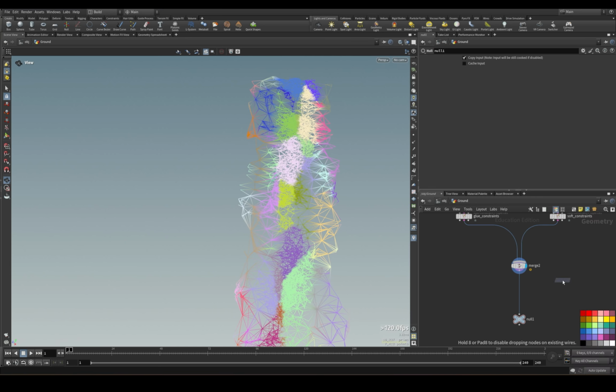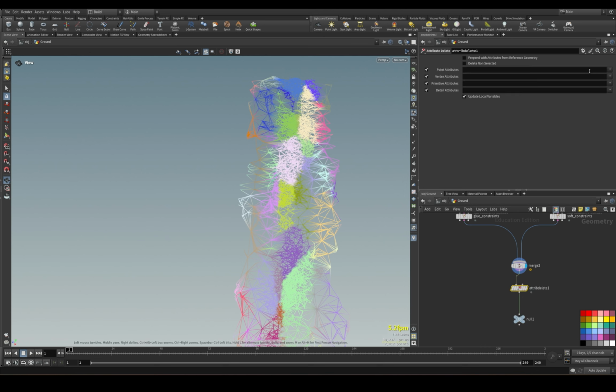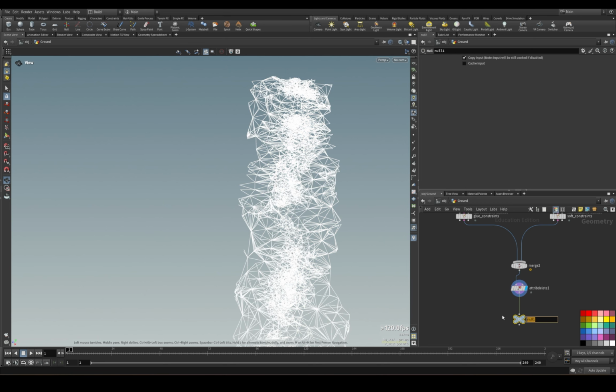So, attribute delete. For point attributes, we'll just write what we want to keep here. I want to make sure I keep the name. That's important. And in the primitive attributes, I want to keep the name for the constraint, the tag, the type. I do also want to keep the strength, rest length, stiffness, and damping ratio. We want to keep those. Making sure anything else here, all this looks pretty good. And we'll just hit delete non-selected at this point. So you'll see the colors go away. And we'll call this out interior constraints,